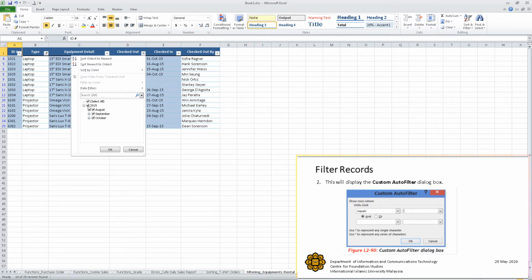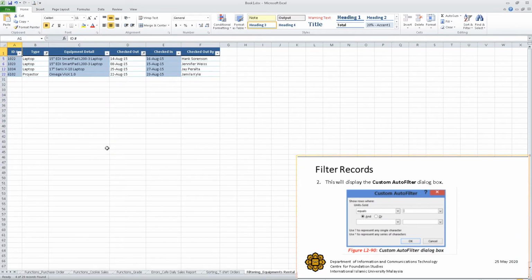We select only August, and then you click OK. The new filter will be applied. In our example, the worksheet is now filtered to show only laptops and projectors that were checked out